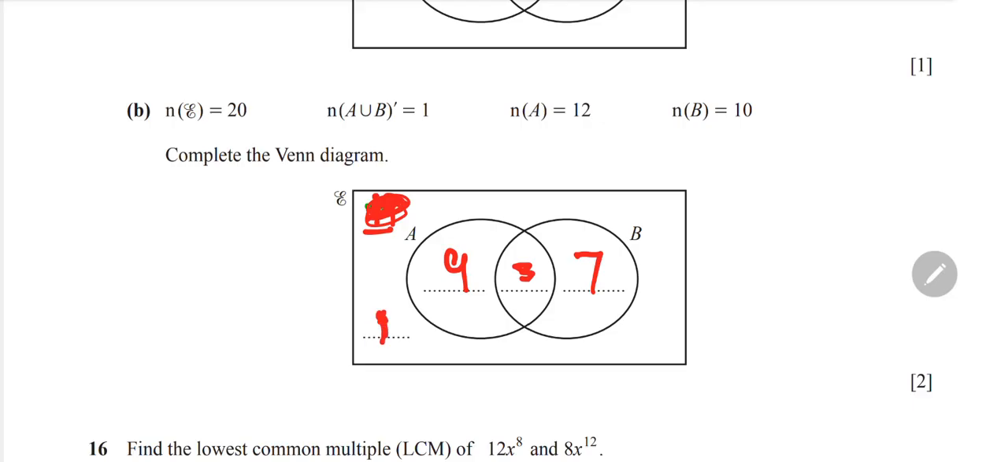So our answer is what? 1 is here, 9 is here, 7 is here, 3 is here. This Venn diagram is completed. Okay, I again say to all of you, if you need a separate video for this, please